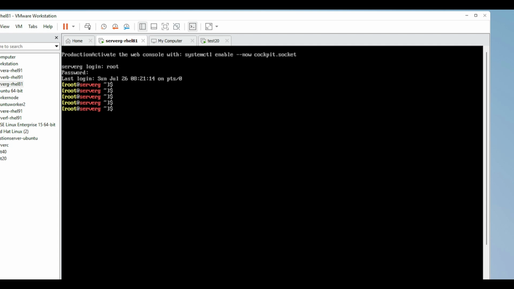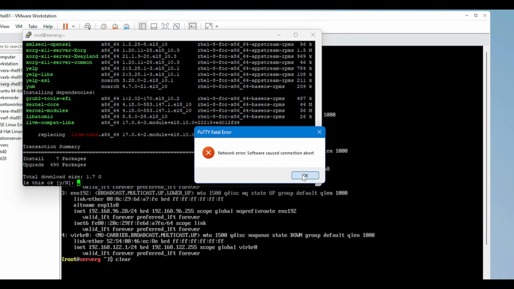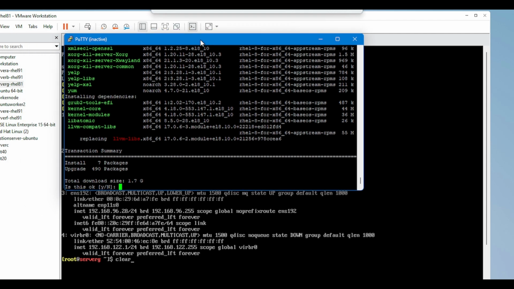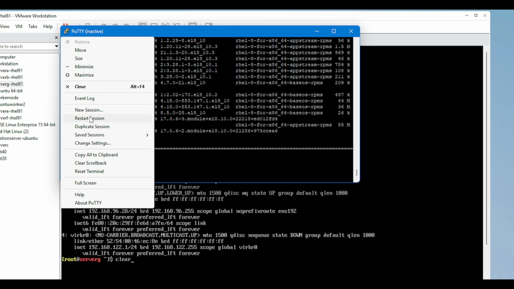For example, here you will see these adapters. In this adapter you can see, if you want to use putty, this 192, yes, this is available on the putty. I'm not updating, no. What I want to show, if this is your registered machine, so putty is inactive, actually let me restart the session.